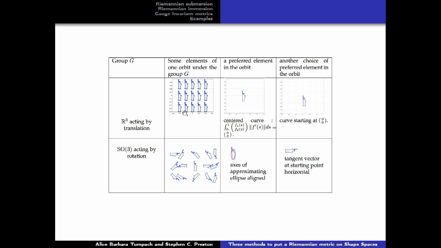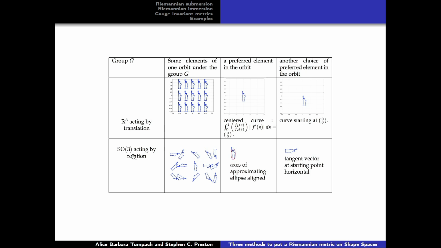So if you want to do analysis on shapes, you can also have a normalization step, which is equivalent to distinguishing a particular element of your orbit. So for instance, you can distinguish the shape where the center of mass is centered at the origin. Or you can prefer to start your shape with a distinguished point at 0, 0. That's another possibility. So these are, as I said, orbits by the group of